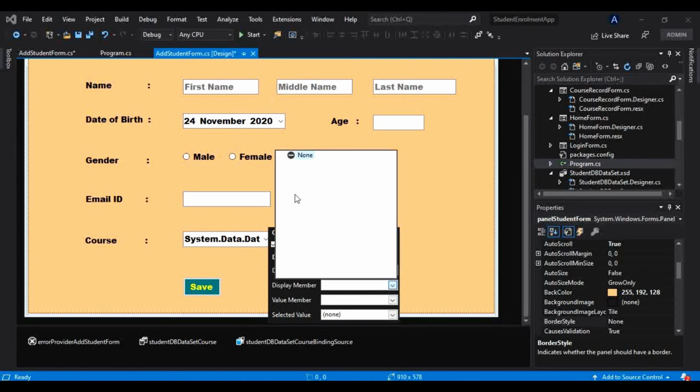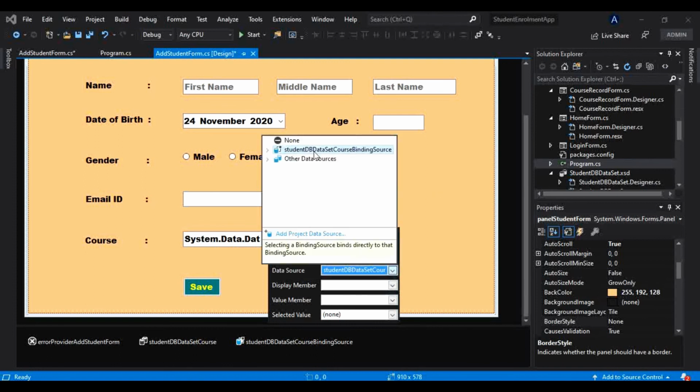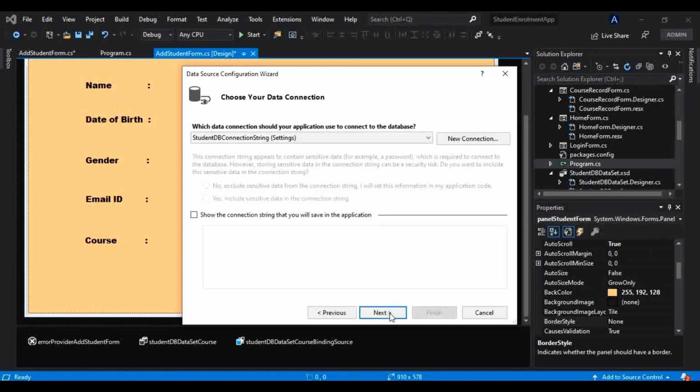For now we are not able to see anything here, so let's add one new data source directly. Let me go to Add Project Data Source, select Database, and click next. This will be the database, that is student db. Let me click next here.